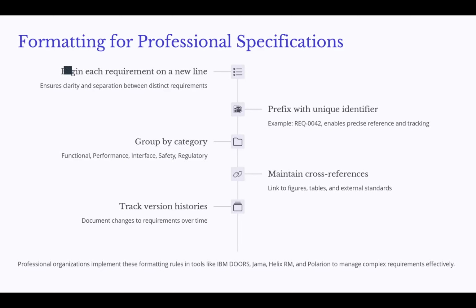We have to maintain a cross-reference. So if we have figures, we have to link it. If we have a table, we have to link it. If we use external standards, we have to cite it. Okay, so it has to have a cross-reference for clarification. That helps us for clarification and be more precise. So after all those specific descriptions of the requirement, if someone has a question or a misunderstanding or it is not clear enough for someone, they could use that cross-reference to clear up